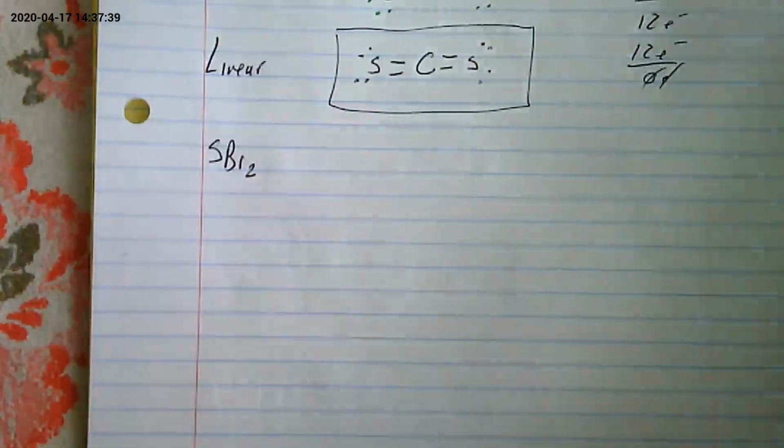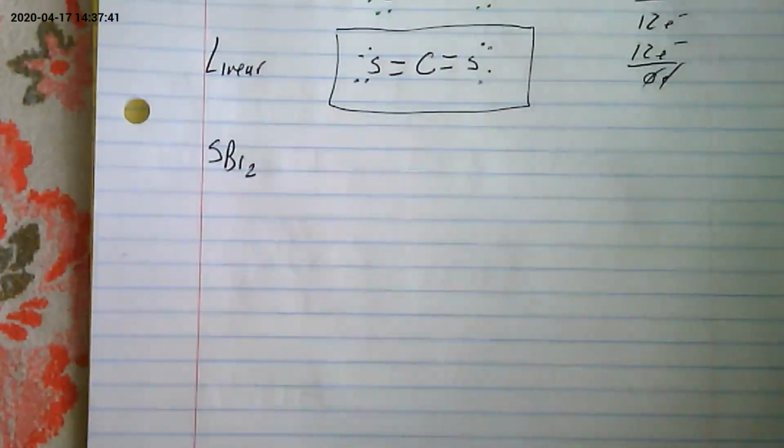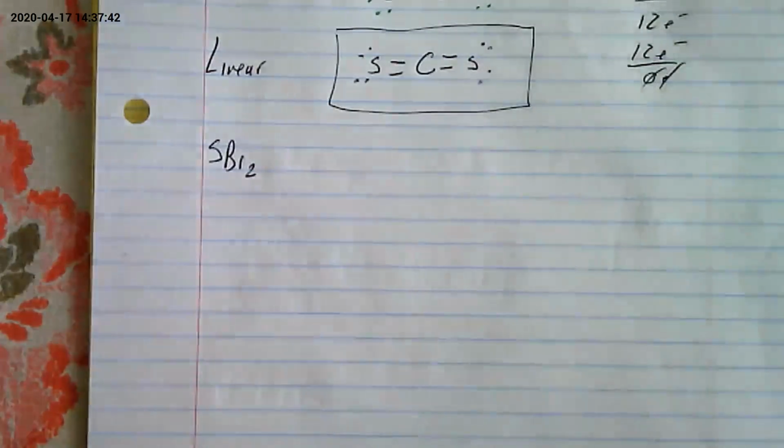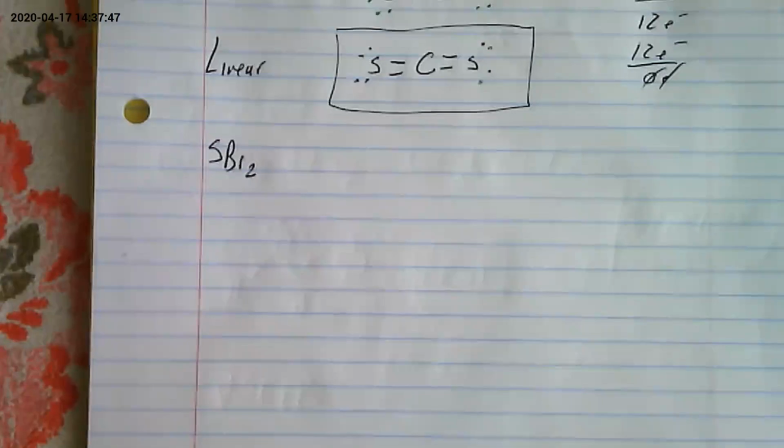If we look at our chart to try to figure out the shape, it sticks out to you right away that it's in a line, so it's going to be linear. So the shape of this is going to be linear. Next one I want to do,